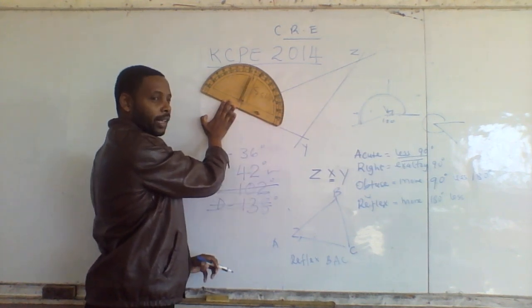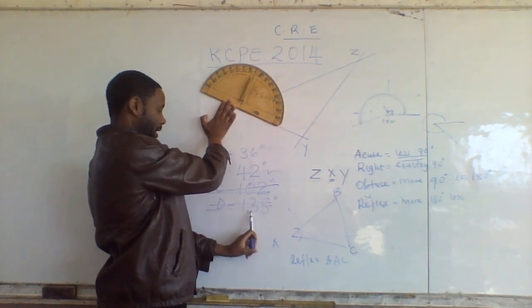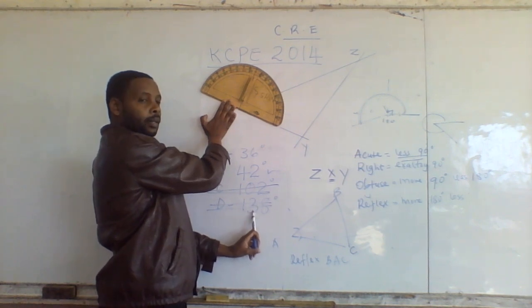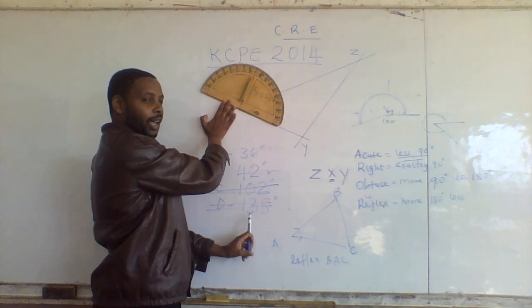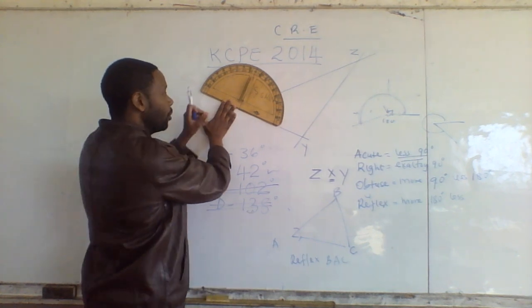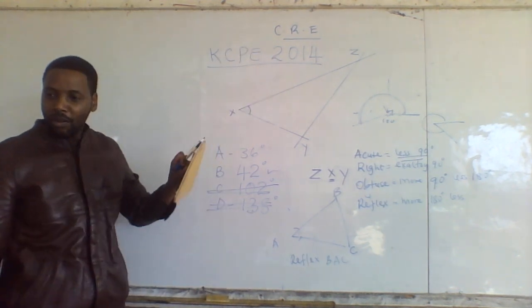42 degrees. I want you to look at this answer we cancelled here. What answer was here? 138. Do you know why they put it there? Who knows why? If you don't mind about the scale, if you don't mind about the